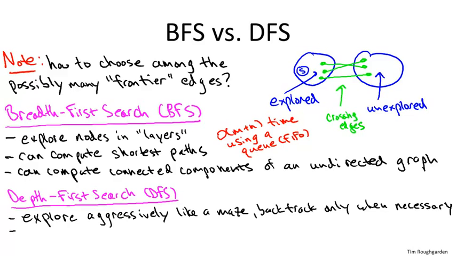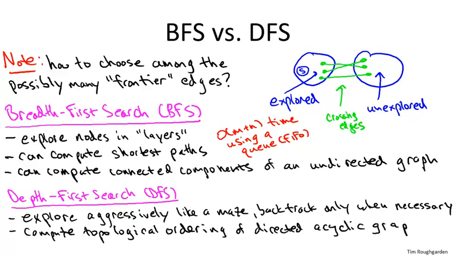This is useful, for example, if you have a number of tasks that have to get completed with certain precedence constraints. Like, for example, you have to take all of the classes in your undergraduate major and there are certain prerequisites. Topological ordering will give you a way in which to do it, respecting all of the prerequisites. And finally, where for undirected graphs, it doesn't really matter whether you use BFS or DFS to compute connected components, in directed graphs, where even defining connected components is a little tricky, it turns out depth-first search is exactly what you want. That's what you're going to get a linear time implementation for computing the right notion of connected components in the directed graph case.